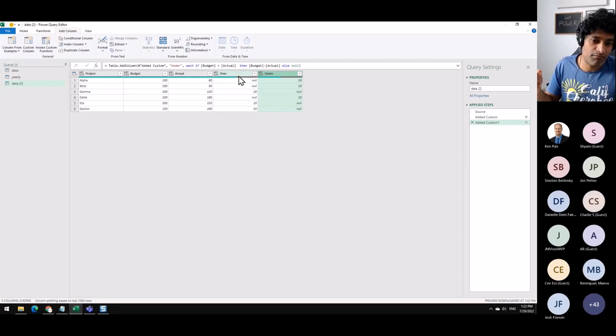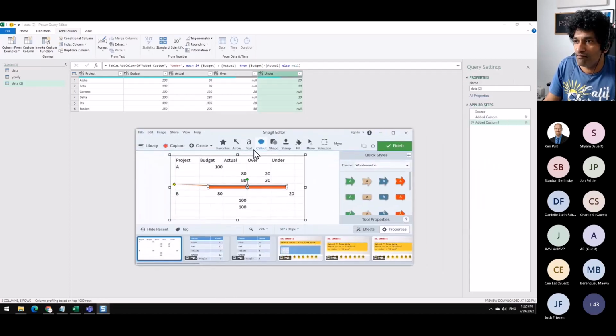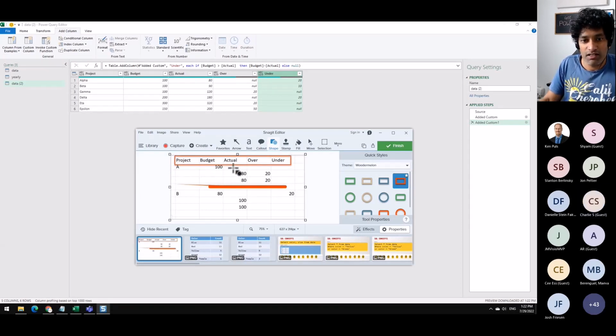You could have added the same thing in Excel if you're not really comfortable doing this. But if you're not comfortable doing custom columns, you would not be able to do the next steps anyway. But hopefully, you have done this. Let's bring up the picture again. So far what we have achieved is we calculated these four and then that. And now all I need to do is stagger them in such a way that budget has one set of rows, actual has two sets of rows, and then there is a null row in the middle. You will understand why all of these are required once we go back to Excel and make a chart.